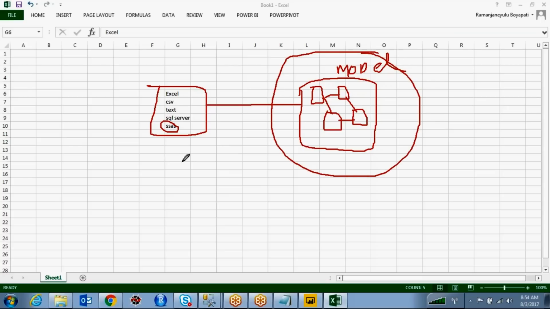SSAS has already defined a schema, a proper cube database, whether star schema or snowflake schema, and everything we have to do at the cube level. We can't create any over here.